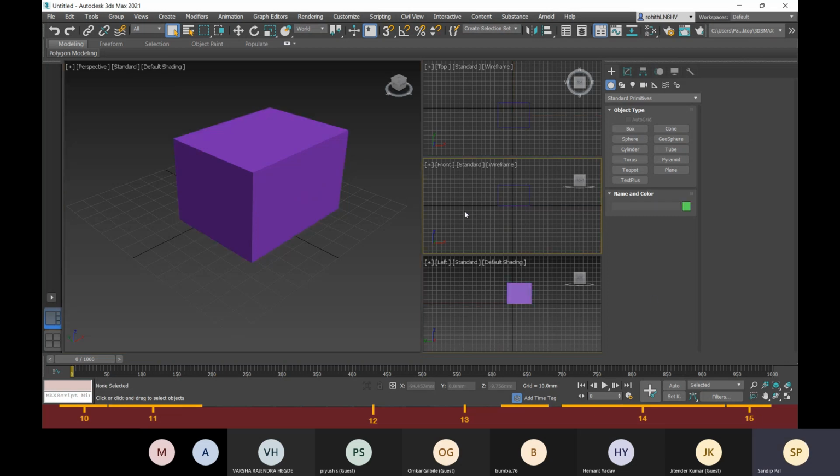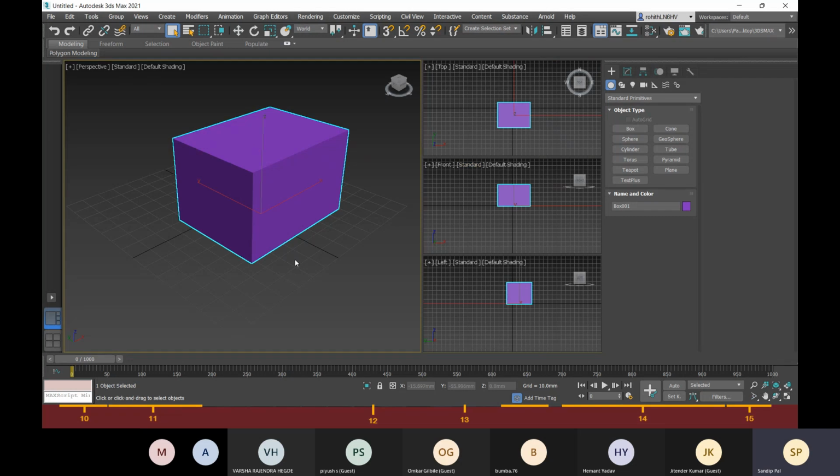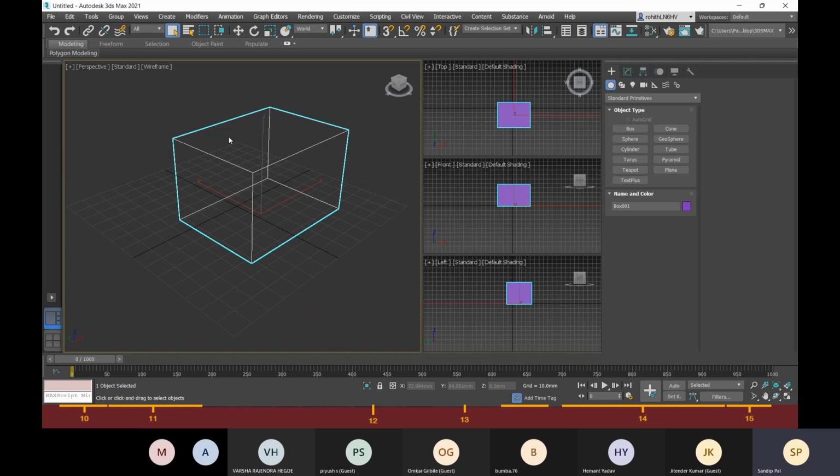Here also, if you go to this selected viewport and press F3, you can see it as a solid. And again, if you want to see it as wireframe, just press F3.